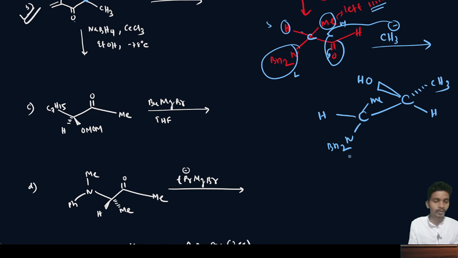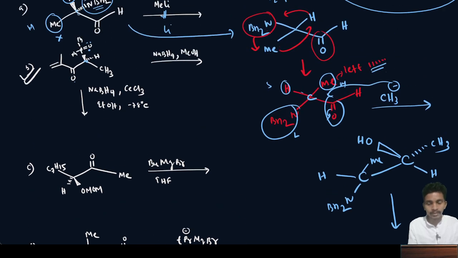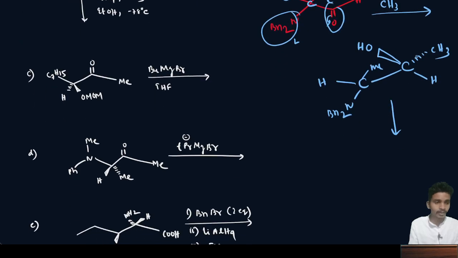NBn2. Okay, now after doing this, take this into the original form where it is. In the question the format is given, so make it in that format, whatever is given, copy paste it, the same things. Okay, so it means CH3 will be here, and OH is here, and